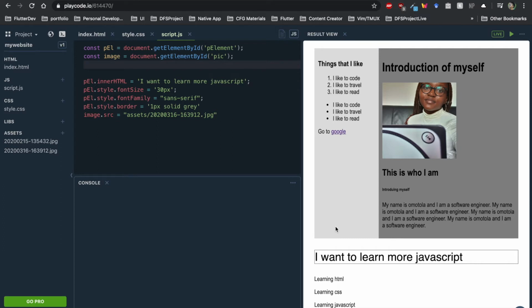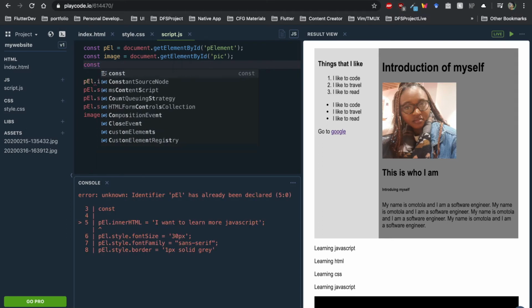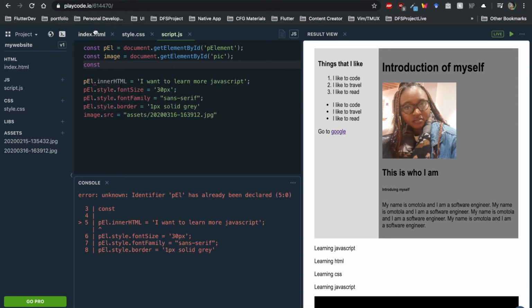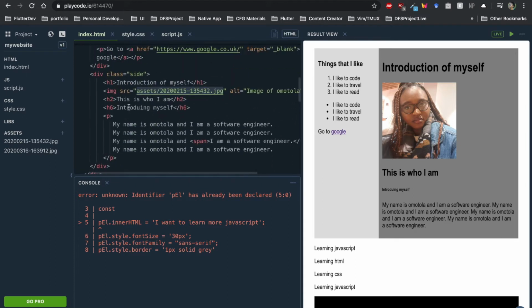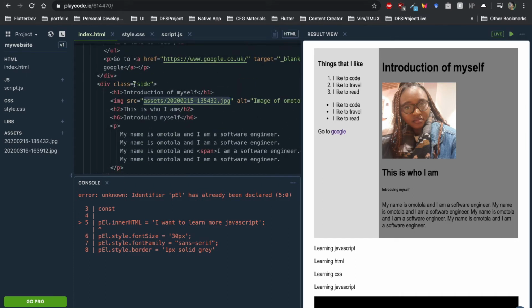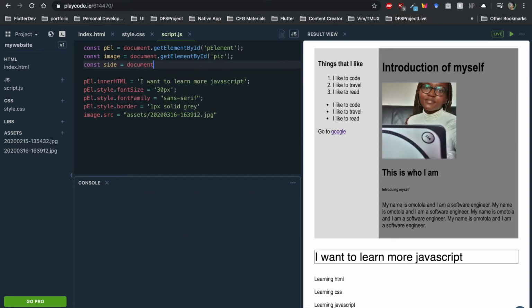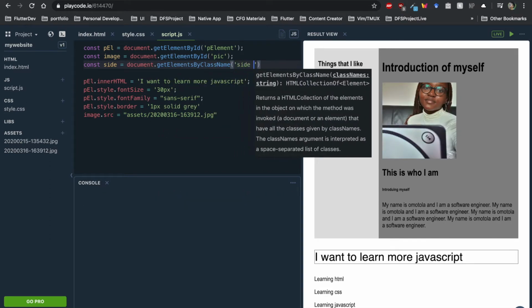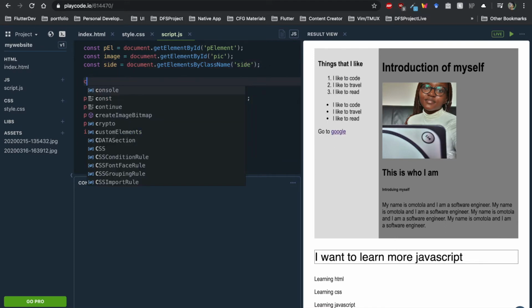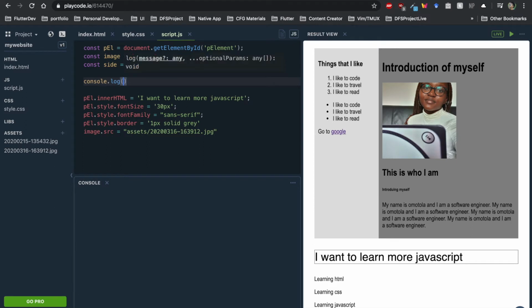And so how do we do this? We've seen that by selecting one element, we can use getElementById. We can also use something called getElementsByClassName. So for example, if we just wanted to select one element, let's pick this side element here. We say side, and then document.getElementsByClassName, and we pass in the class name side, and then if we console.log that, we should get